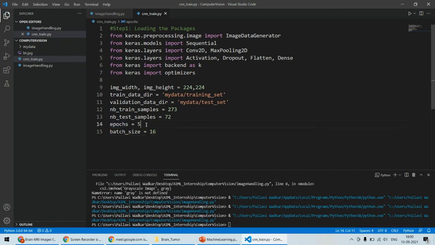तो इपोक का मतलब है कि कितने टाइम्स, कितने इटरेशंस, कितने राउंड्स, कितने टाइम्स आप अपना ट्रेनिंग डेटा फुल्ली कनेक्टेड न्यूरल नेटवर्क को दोगे, या फिर फुल्ली कनेक्टेड न्यूरल नेटवर्क वो देखेगा। एटलीस्ट हाउ मेनी टाइम्स। तो इसका मतलब है मेरे ट्रेनिंग डेटा के अंदर जितने भी इमेजेस हैं, वो सारी की सारी इमेजेस एटलीस्ट 5 टाइम्स यूज की जाएंगी इन फुल्ली कनेक्टेड न्यूरल नेटवर्क।